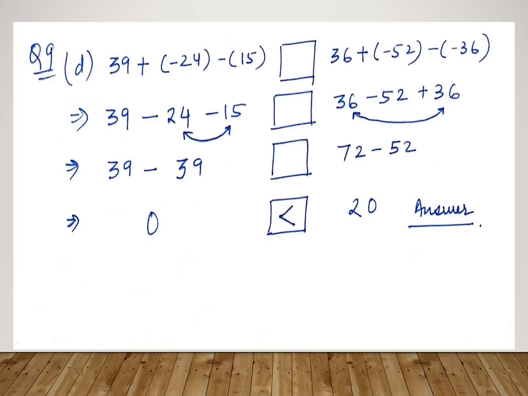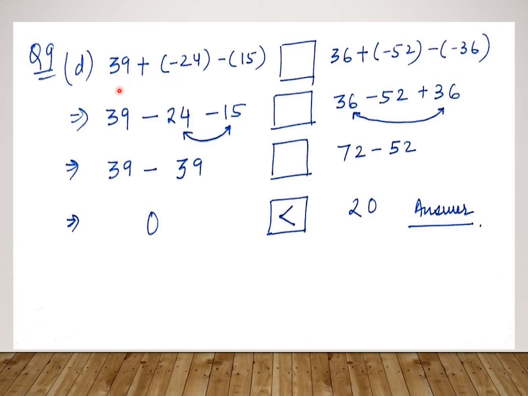Now, question number 9, we had to compare the two numbers on either side of the box and had to fill whether the sign of greater than, less than or equal to will come. For that, we have to solve both the sides one by one. Let's solve the left side first. In this question, we can see there are some brackets and we have to follow the BODMAS rule. By BODMAS rule, first we will open the brackets. Let's open the bracket of this one.